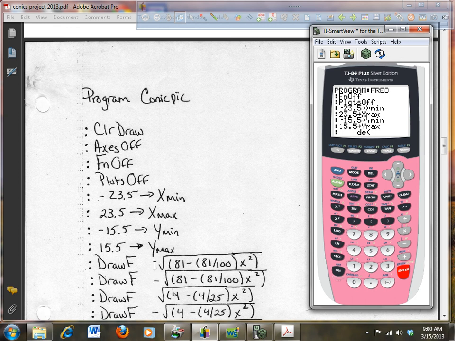The other thing you got to know is when you're doing a function that has a plus or minus part, when you're solving it for y, you have to do it in two parts. You can't plug it in all in one part. Okay, so I'm going to go draw F. Now I'm going to go second square root, just like you're putting into your calculator, of 81 minus, make sure you're using a minus sign, not a negative sign,